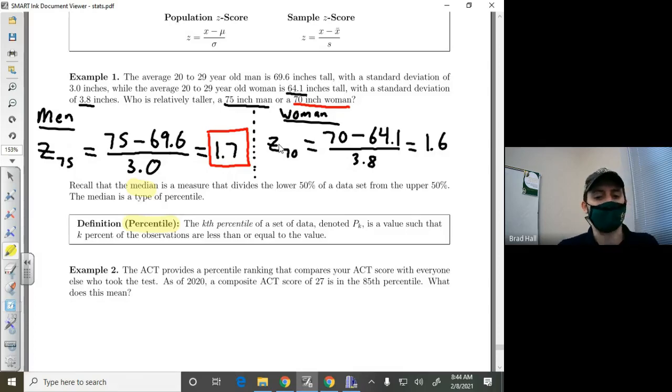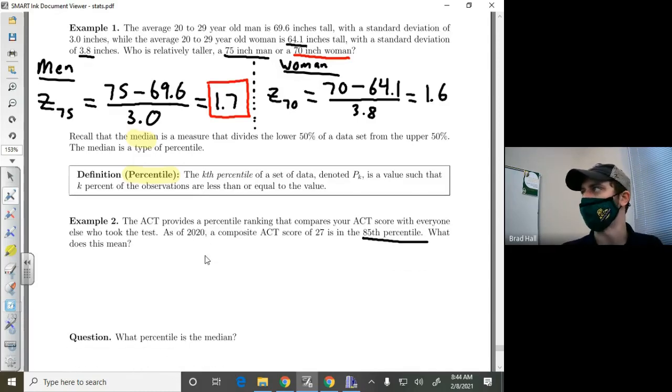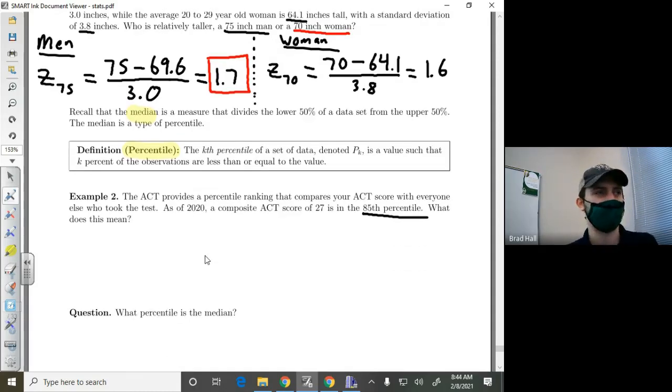Now, what does that mean? So I checked recently, an ACT composite score of 27 is in the 85th percentile. And then the question we consider is, what does that mean? Simply, what that means is